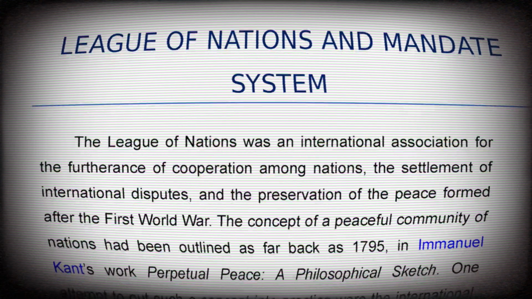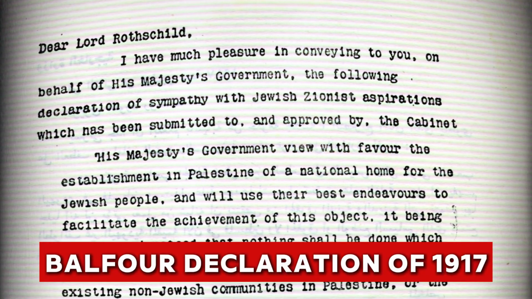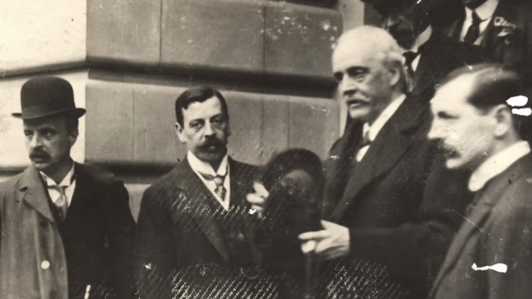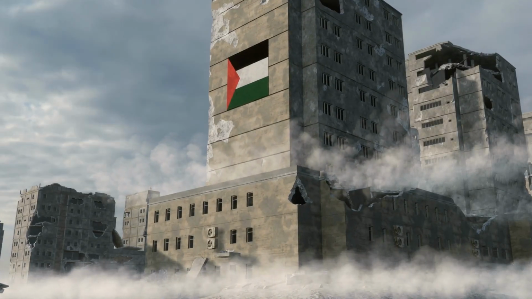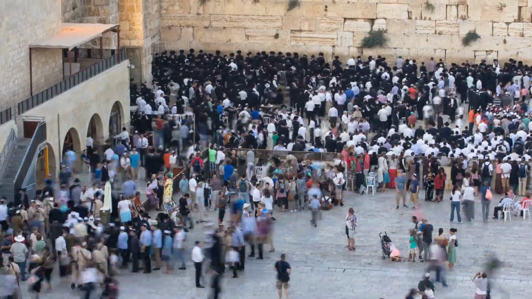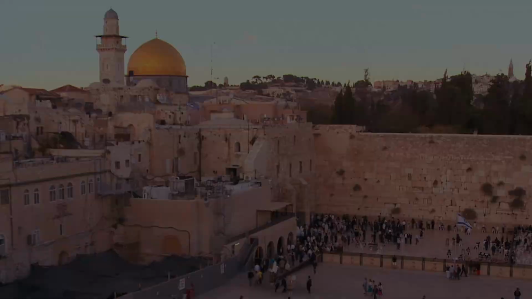Section 2. The birth of modern Israel. After World War I, the British took control of Palestine under the Mandate system, established by the League of Nations. The Balfour Declaration of 1917 played a crucial role in shaping the future of the region. It expressed British support for the establishment in Palestine of a national home for the Jewish people, which led to increased Jewish immigration. Tensions between Jewish and Arab communities escalated as both groups sought to assert their claims to the